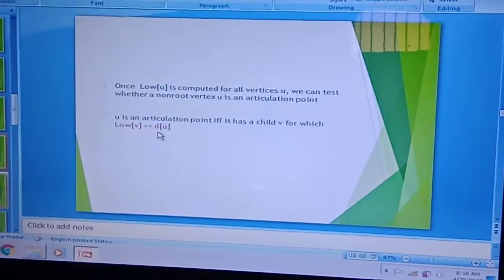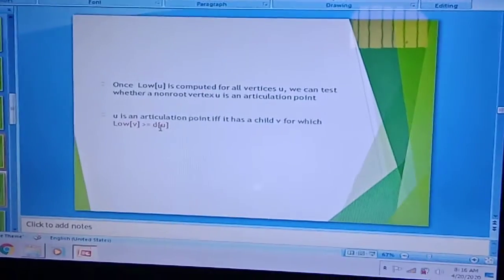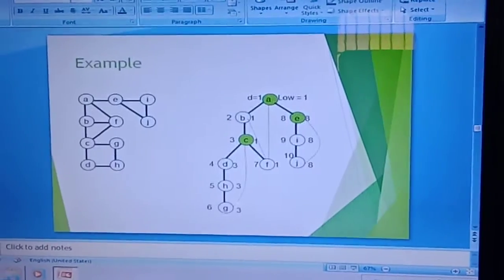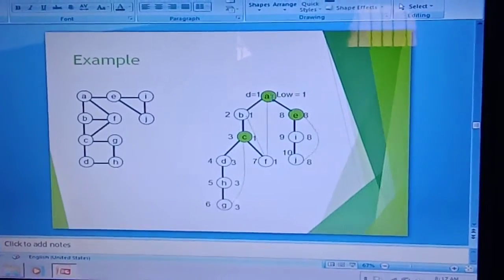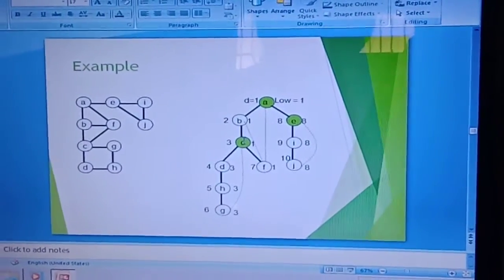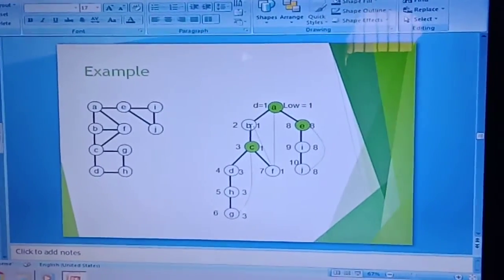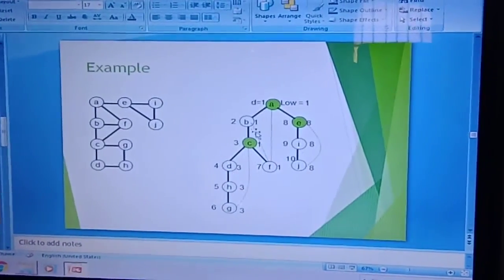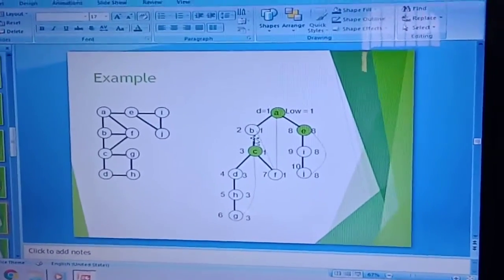Here low is the minimum distance. If low of v is greater than this one, it means that it is the ancestor, and if it does not have any back edge, then automatically it is an articulation point. So this is how we calculate the articulation point using the graph. Here we are starting from A and calculating. If we get any value greater than that one, automatically that becomes an articulation point. So here B is the articulation point, because removal of B automatically divides the graph into two, if these dotted paths are not available. If the dotted paths are available, B is not the articulation point.